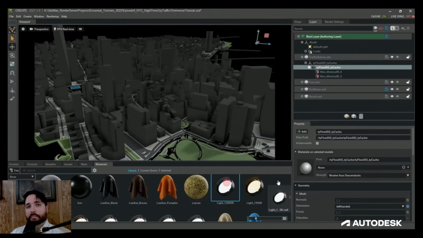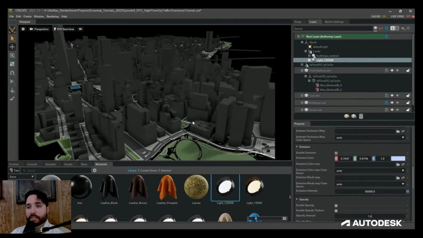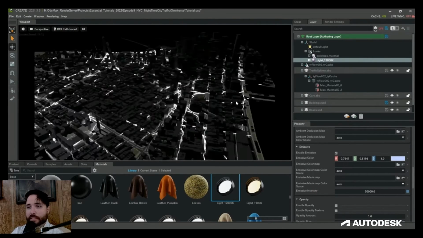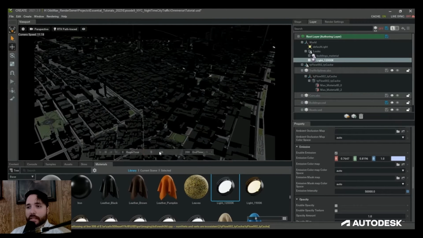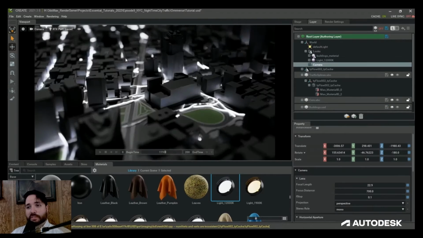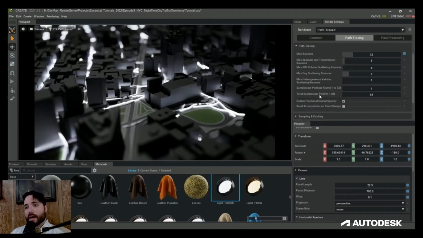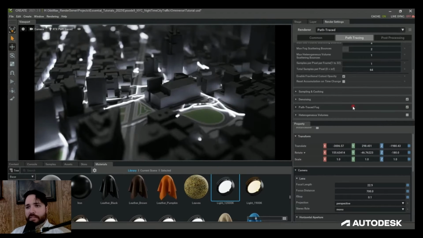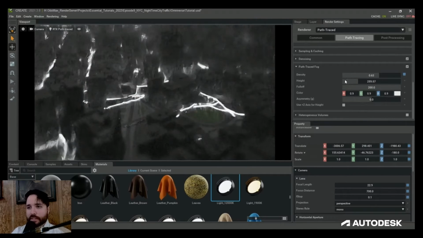Lastly, I added an emissive light material onto the TyFlow sim object using one of the many material presets that ship with Omniverse. From here, by setting it to RTX path tracing, you can see the true beauty of real-time rendering within Omniverse. You get instantaneous feedback on your visuals, and you can add depth of field to your camera with physically accurate settings. But I finished things off by adding volumetric fog so that you could see that emissive light material from our particle simulation illuminating the fog and the buildings.